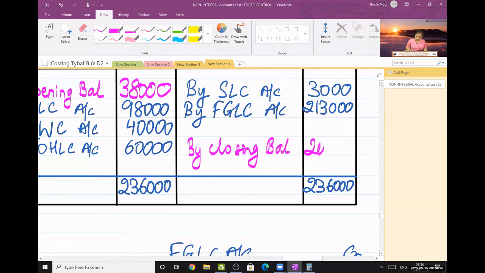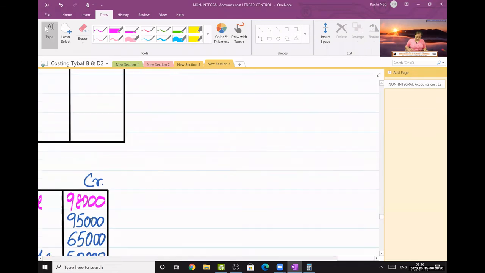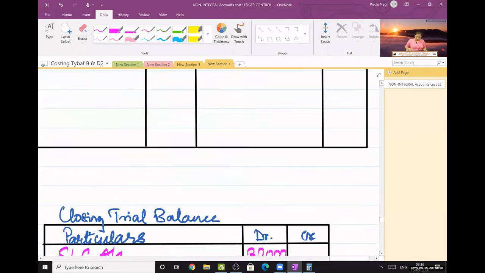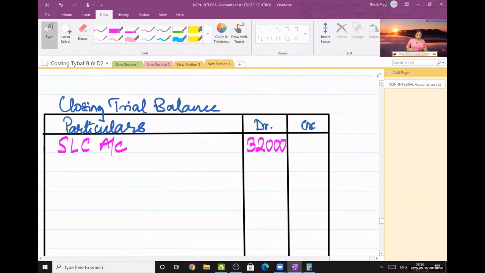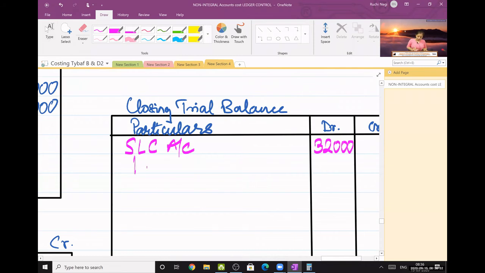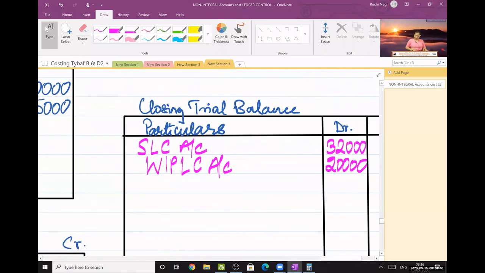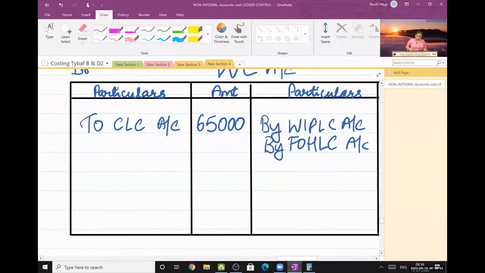Okay, 20,000. Yes, students, start giving your attendance in the chat box and pay attention over the screen also. Give the second effect in closing trial balance. WIP ledger control account in the debit column 20,000. Okay. Next,